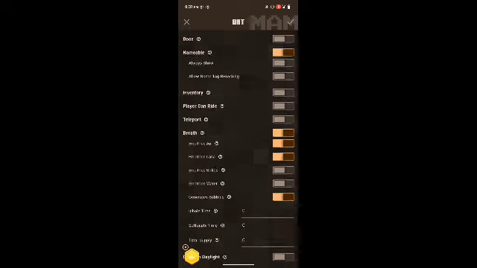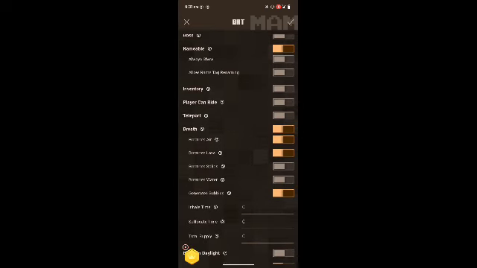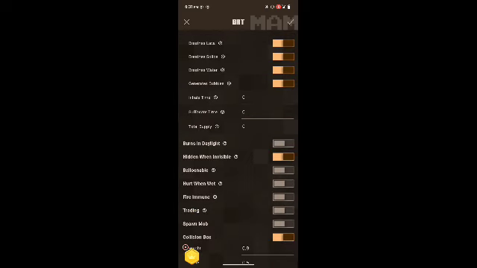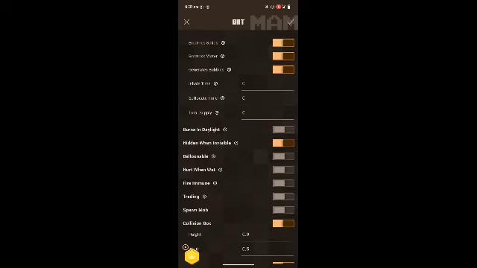Now if you scroll down to breathe, you can edit the breathe style of your mob. Now you can edit burn in daylight.